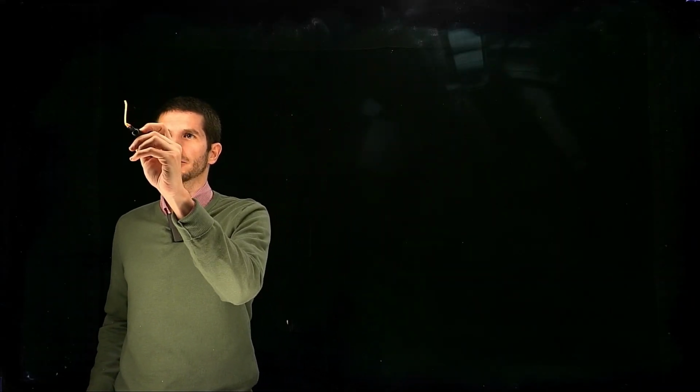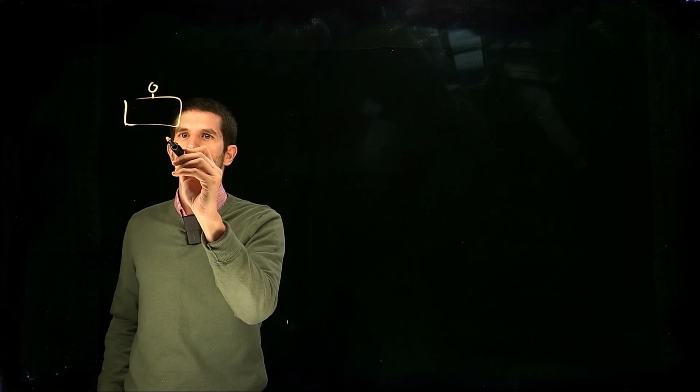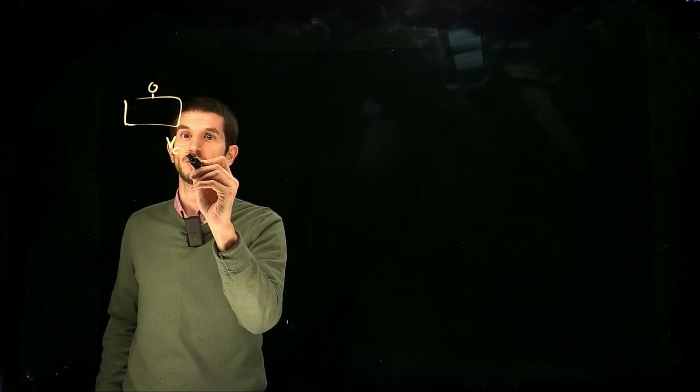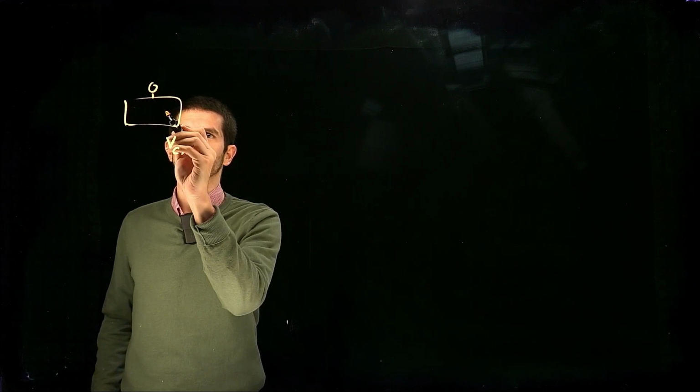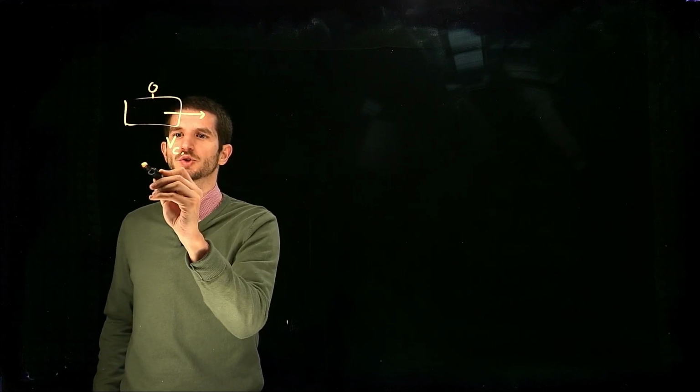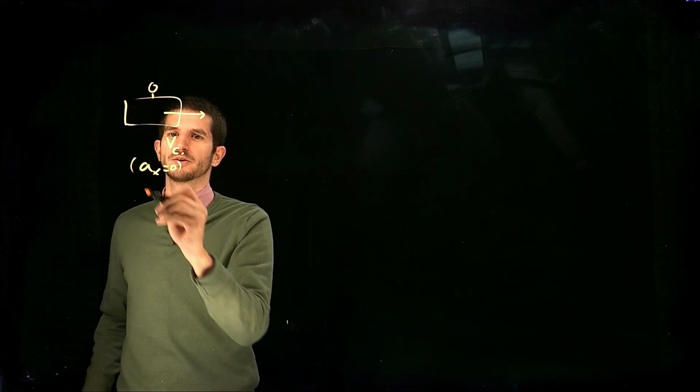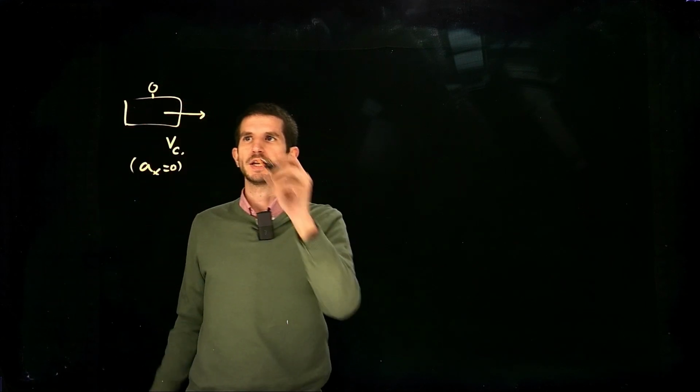So, last problem to check. We have a child on a wagon, it's problem number 9, and he's moving with constant velocity, right? So we could just say that the cart has a constant velocity and it's moving sideways. So it's constant velocity, so we know the acceleration is 0, right? It's moving with constant velocity, and it throws an apple,